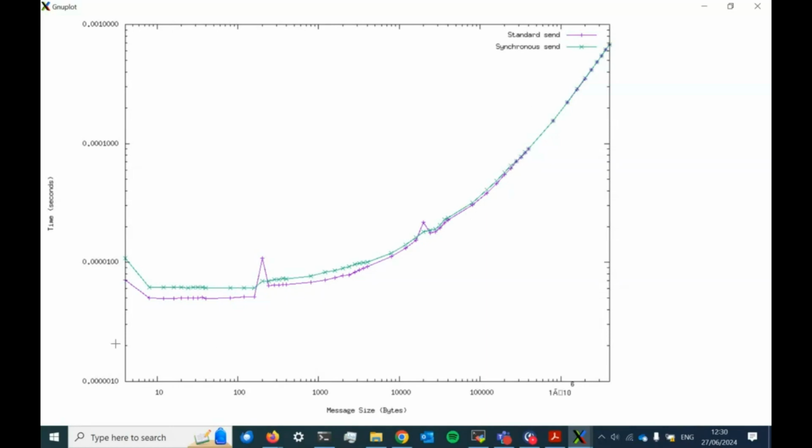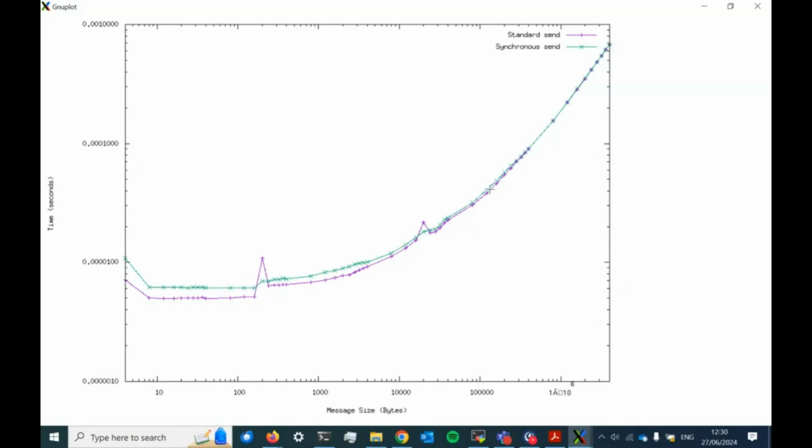And so the time for the standard send is less than the time for the synchronous send. Okay, so this is our eager limit. And then there are some glitches here, but for very small messages, which is below 128 bytes, we get this very small message where presumably the data is sent along with the protocol message. So by doing a ping pong between processes on different nodes, you can recognize these three regimes: very small message,